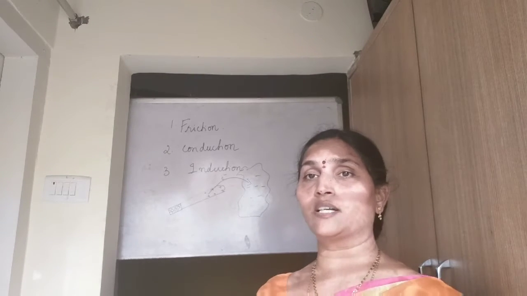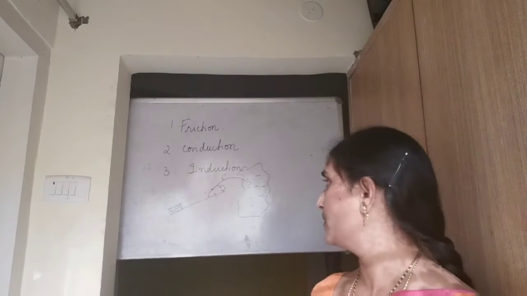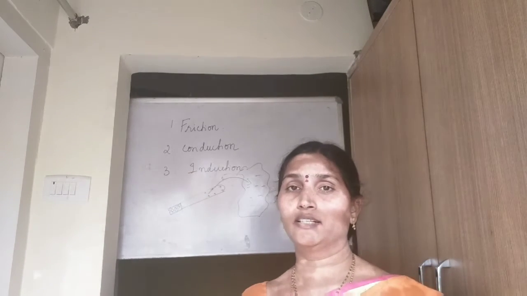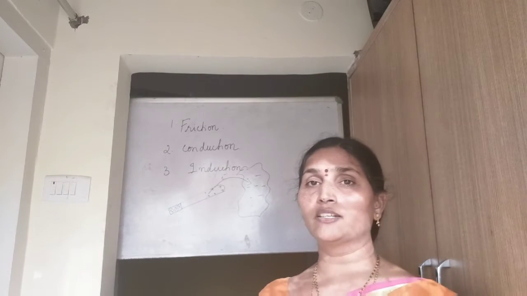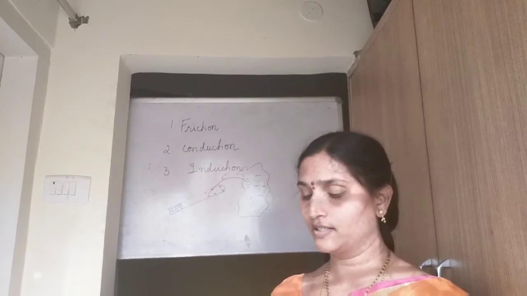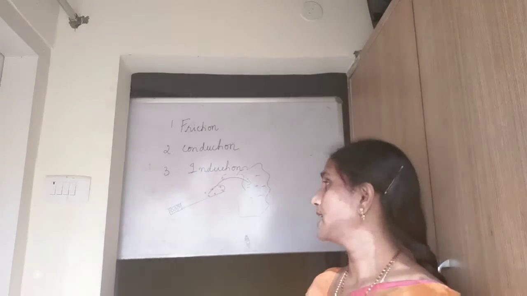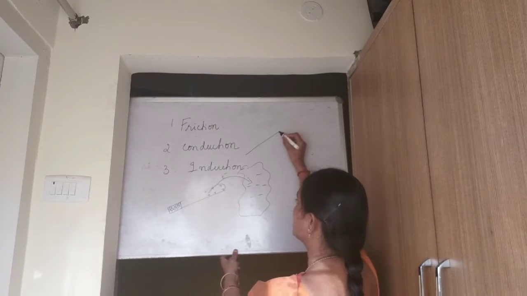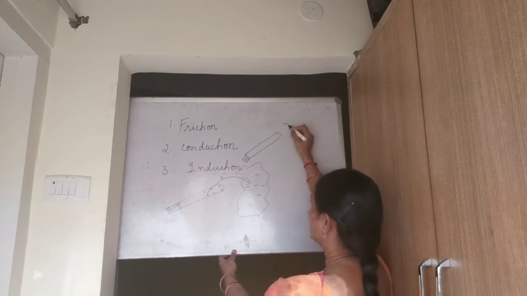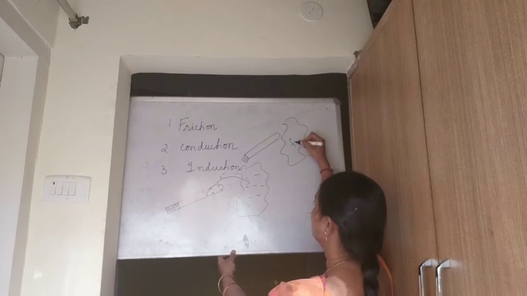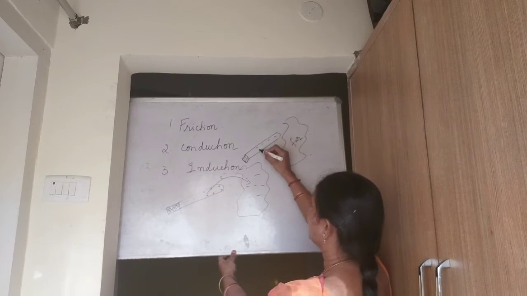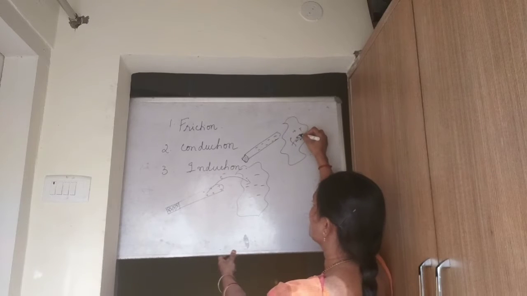If you choose another substance, say I am rubbing the same glass rod with fur or flannel, fur is a material which all of you know, then rub it against fur. Now this time you will observe that the glass rod will get negatively charged, and the fur gets positively charged.